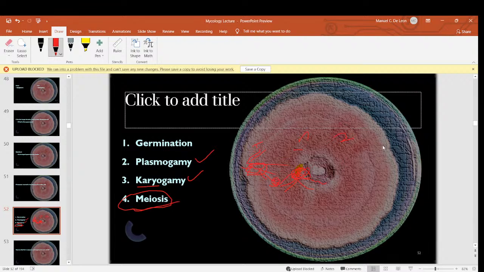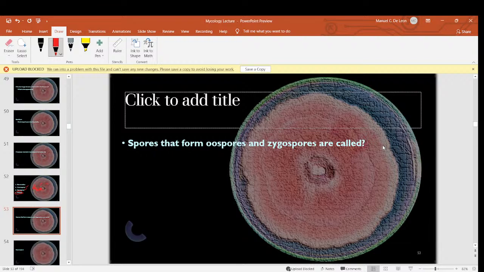All right. It's a pretty extreme topic to talk about, especially because it falls on the realms of botanical sciences, and this isn't what we talk about that much in mycology. These are usually questions that aren't asked in the board exam, but it's just for you guys to understand how basidium forms. And oospores and zygospores are the next things that we're going to talk about. Oospores are formed in the sporangium, as well as your zygospores. Your sporangium are spherical structures that can be seen in the aerial hyphae.